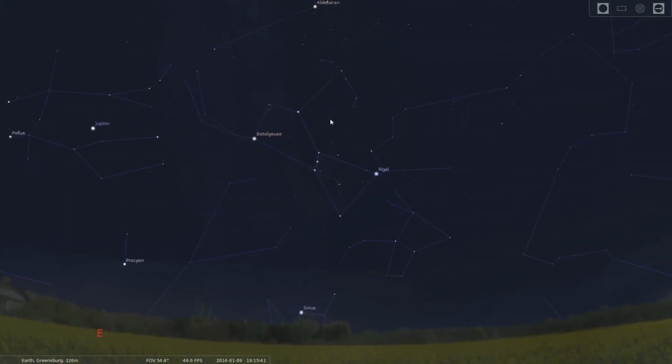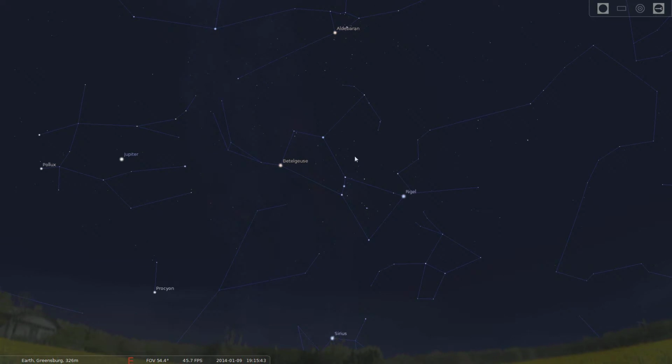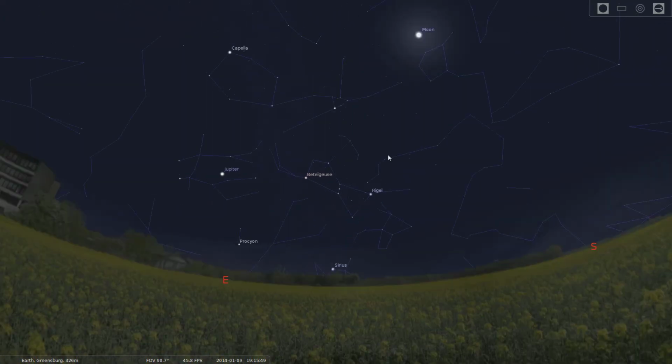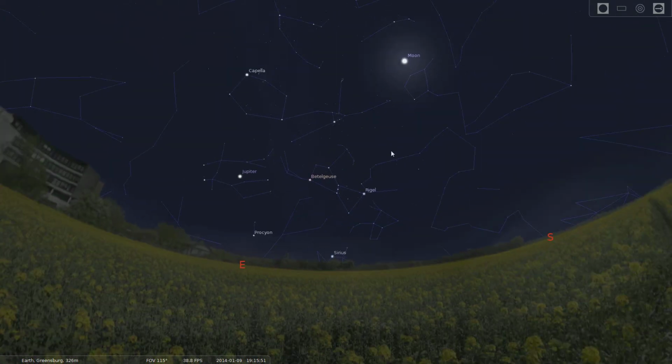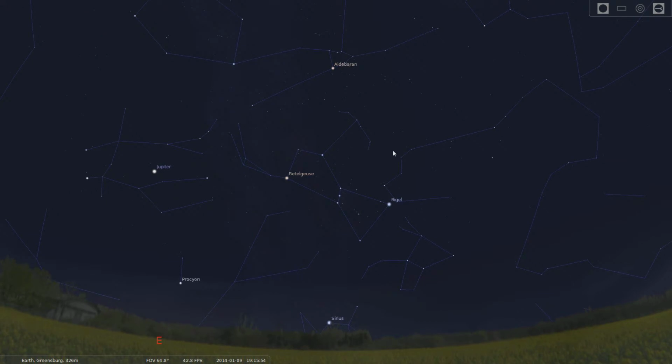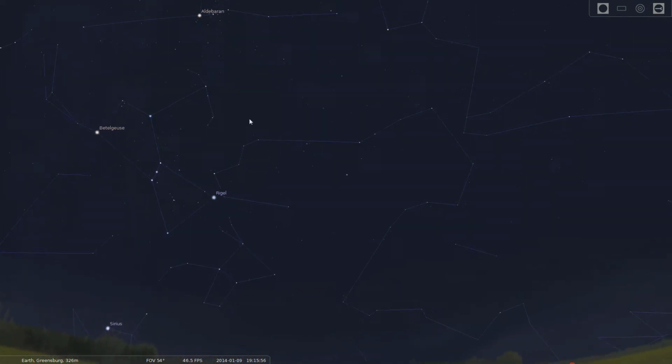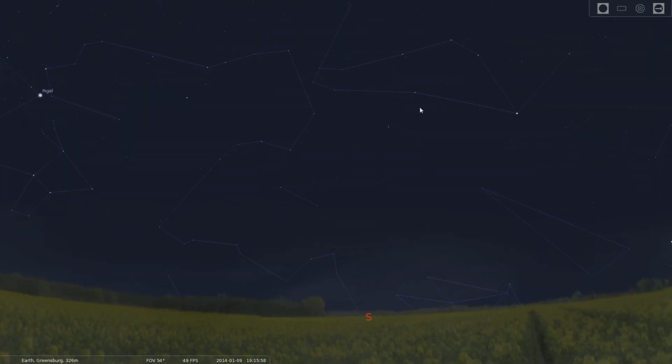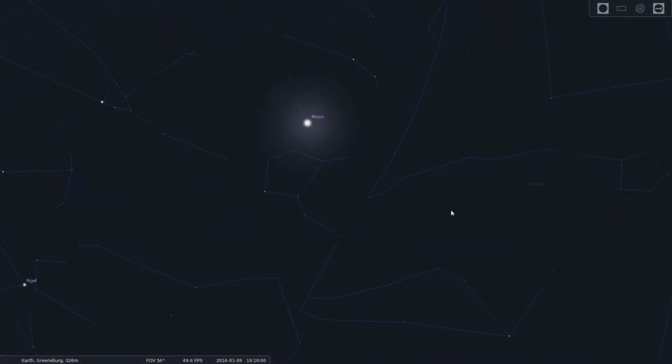But anyway, alright, so right now it's 7:15 in Greensburg, Pennsylvania. That's where I'm located. And right now, ooh, zoomed out too far. Hey, get in there. Alright, there we go. Right now, let's see, I'm facing south. So if I look up,